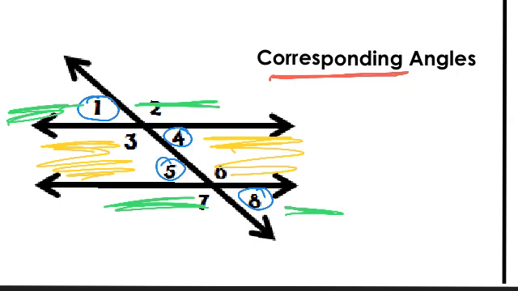And you will need this kind of thinking when you go to geometry, because you will need to do what's called geometric proofs. I believe they still do these, where you have to prove that a certain angle has a certain measurement. And you can do that because you know for sure that by law of vertical angles, 1 and 4 are congruent, 1 and 5 are congruent, 1 and 8 are congruent. Why? Because 1 and 4 are vertical angles, 1 and 5 are corresponding angles, and 1 and 8 are alternate